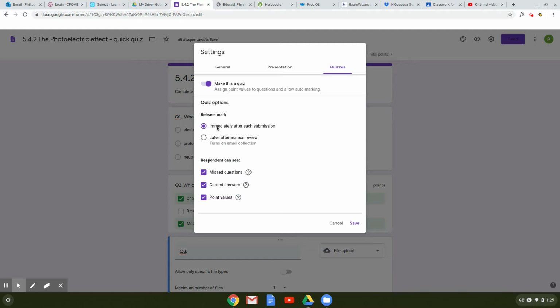mark, if it's immediately after each submission, you won't be able to mark it. So if you want it all done automatically, sent out to them, you'd have it immediately after each submission. But if you want to mark it yourself, say you want to mark the longer answer questions, you can click later after manual review, and that will automatically ask the students for an email so that they can get their